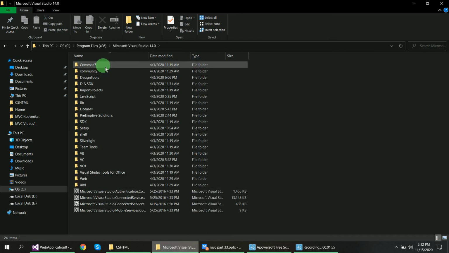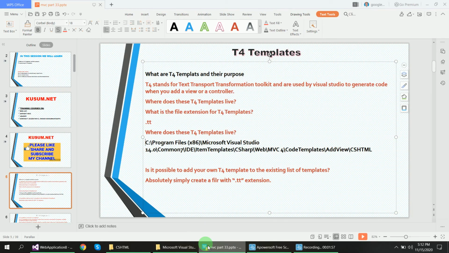Inside of that there is Common7, then IDE, then ItemTemplates.